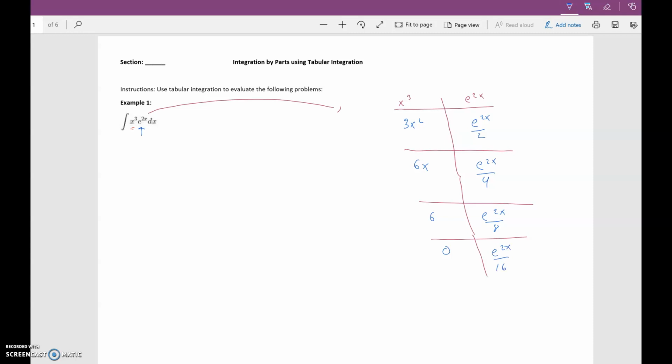Now the next step is crucial because in order for tabular integration to work, you're going to have to do the following pairing. So you're going to pair these terms and technically multiply them. We technically stop at 0 because 0 is going to multiply the next term and then it's going to actually cancel out. So you don't have to do anything with the 0. Once you have the 0 term, you know that you stop. Then it has a specific pattern. So you're looking at plus this multiplication, minus this multiplication, plus and minus. And then your answer,